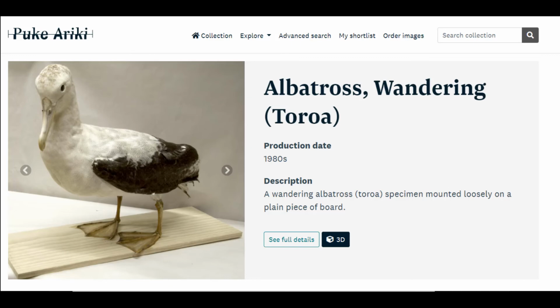In terms of 3D objects, we've also integrated with Sketchfab, and so that's something that we've been helping Pukeariki with. So for example, this is one of the specimens within their natural sciences collection, their albatross in this case.